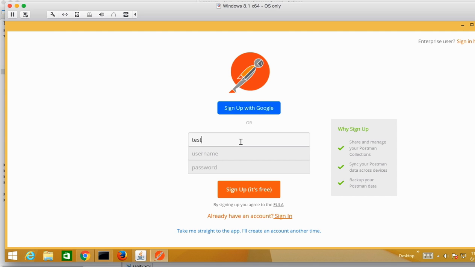Test at sarkledger.com. So I'm going to use Sark Ledger, which is another mailing server.